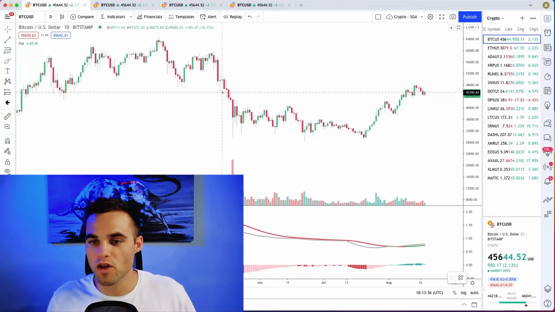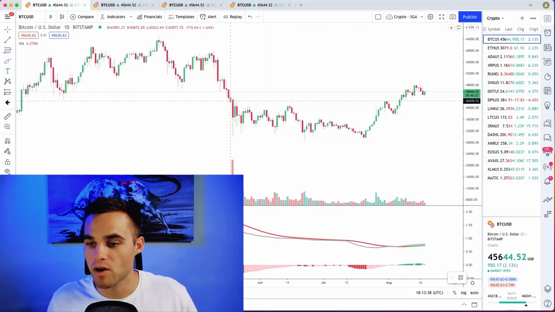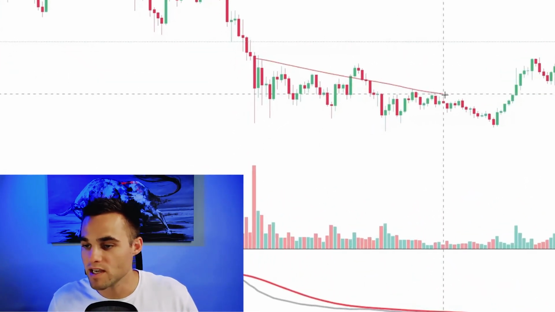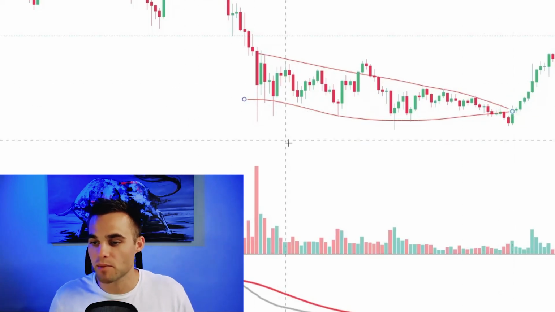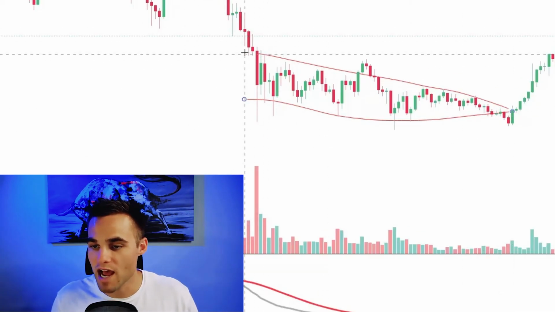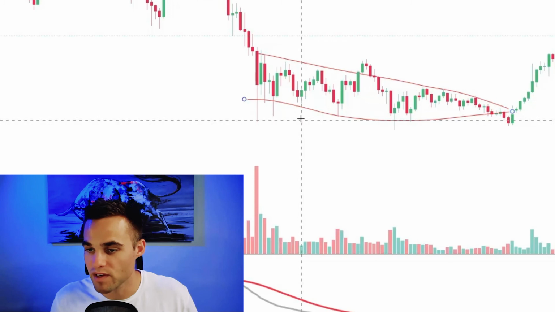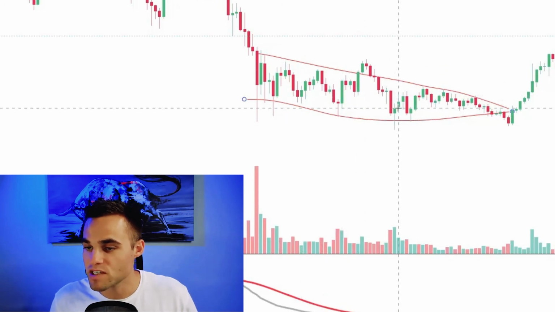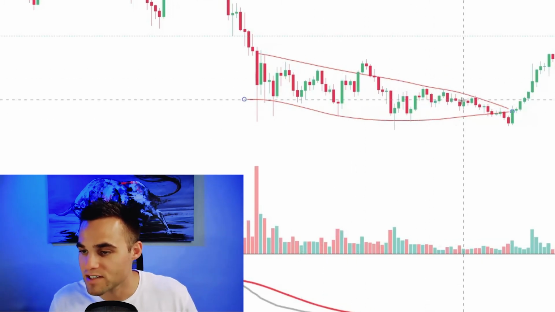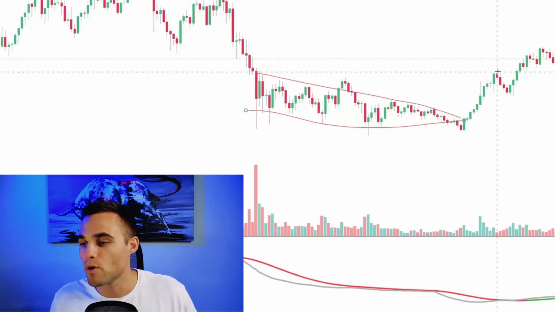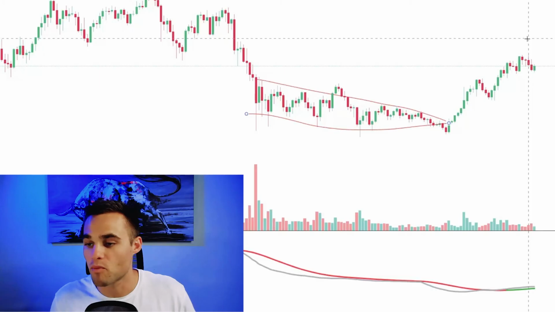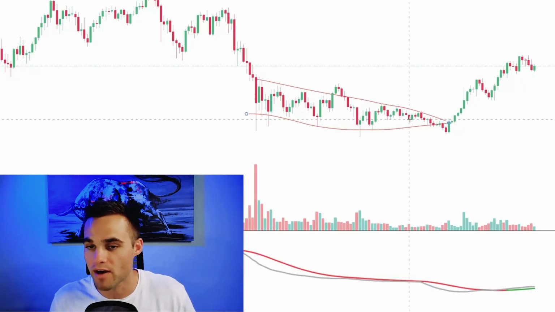Okay, so let's take a look at this volatility compression pattern that happened on Bitcoin not too long ago. We can see it kind of forming right here, okay? This is the volatility compression pattern. We see that price is moving up, it's moving down, moving up, moving down. But as you see, it's starting to compress and get tighter and tighter and less volatility, and it's getting really tight. And then boom, what do we see? We saw this nice breakout come right after the volatility compression pattern.